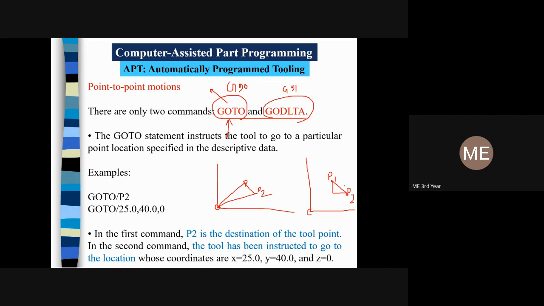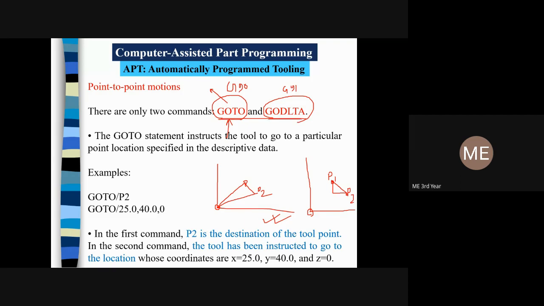So in incremental mode, every point will be calculated from the previous point, not from the origin point. But in the absolute mode, every point is calculated from the origin point. So this is the basic difference between absolute mode of programming and incremental mode of programming. And here it is similar. If you have understood absolute and incremental, then you have already understood how GOTO and GODLTA